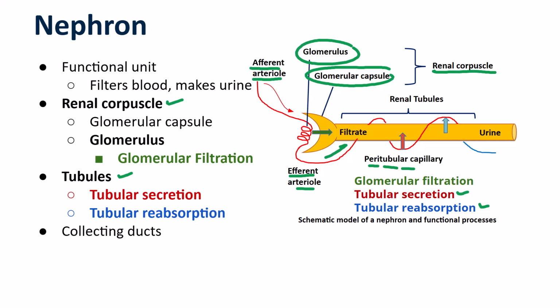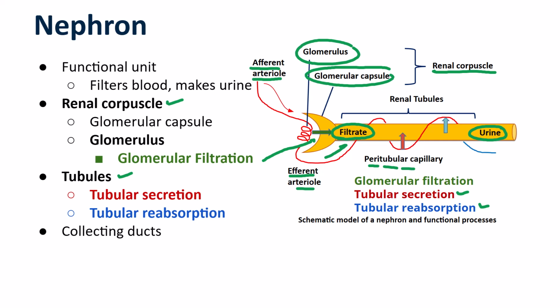Now, we can pair this along with glomerular filtration. So, glomerular filtration is the process of converting blood into a substance known as filtrate. Then the processes of tubular secretion and reabsorption refine that filtrate such that at the end of these processes, we're